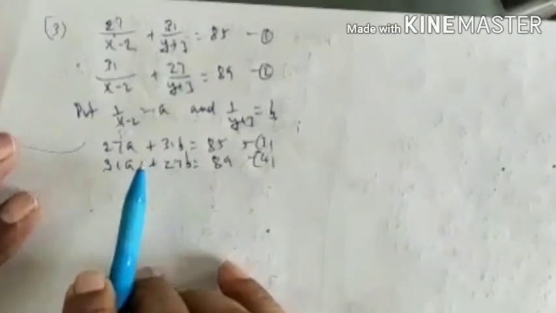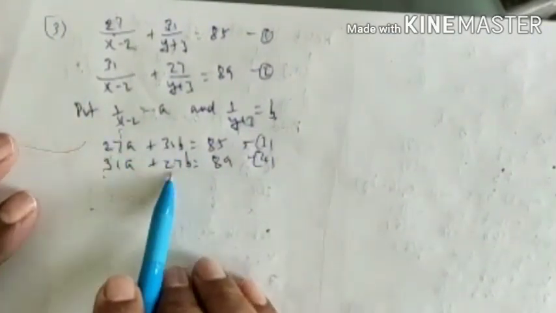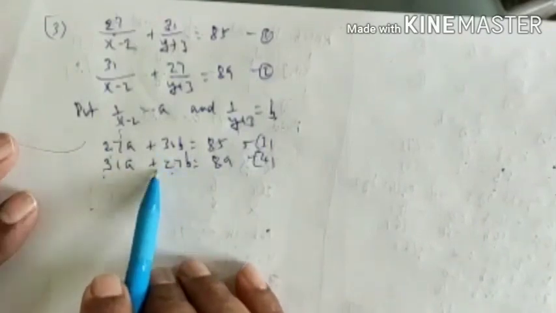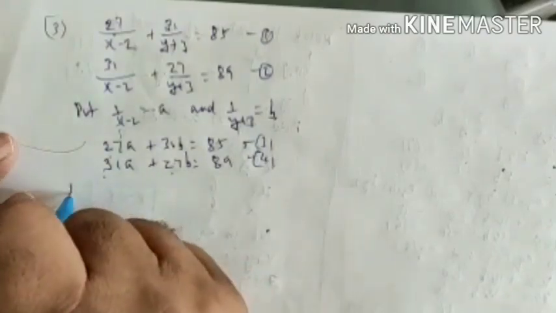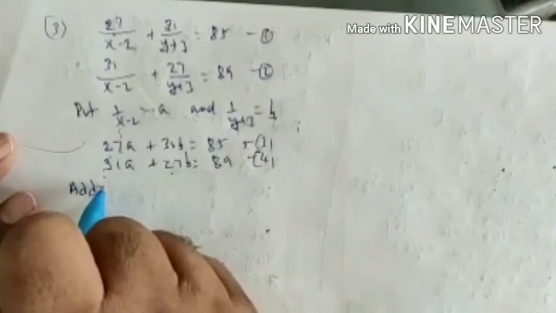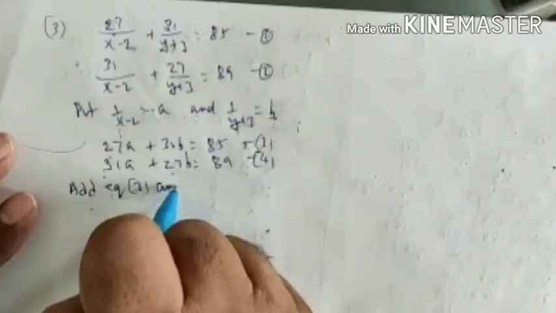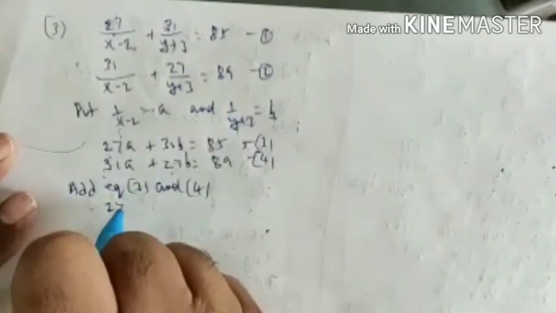Now see this sum. Here the coefficients are interchanged, 31, 31, 27, 27. So here first what we shall do? First we shall add, then subtract and again add. ASA. Remember this trick. This type of sum we have previously done. Now here add equation 3 and equation 4. What we get here?